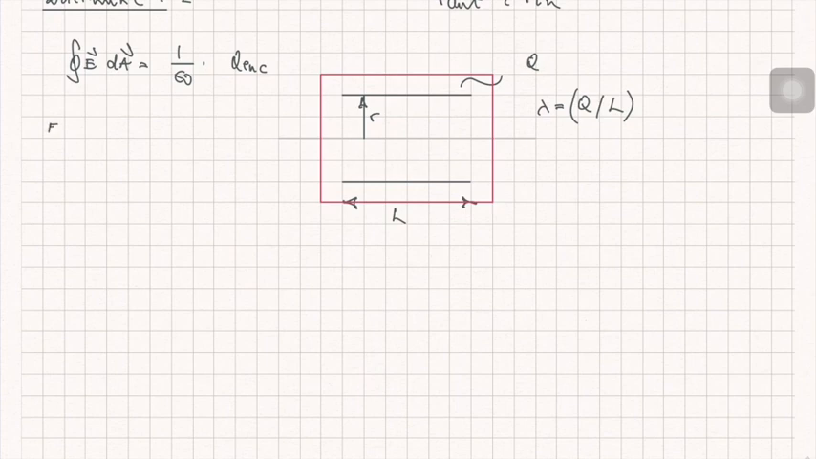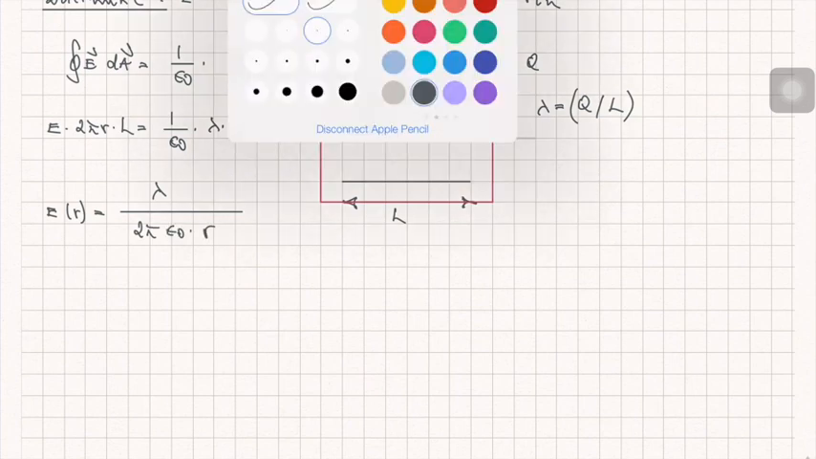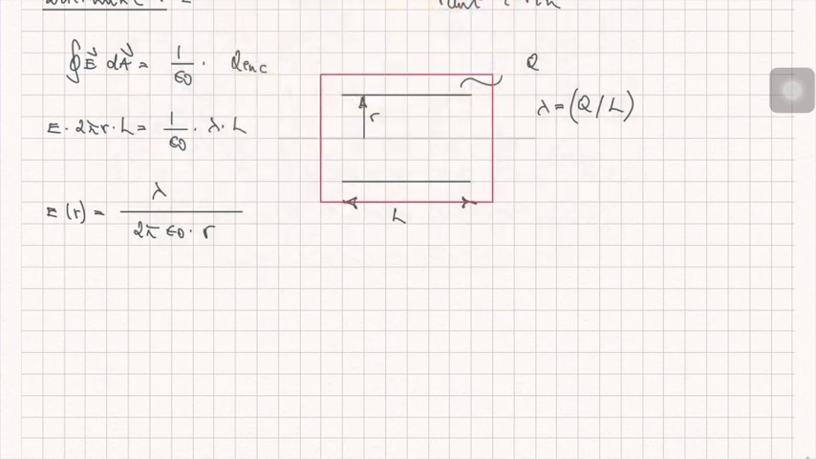So at a fixed radius, this would be E times the area of the cylindrical shell, which is 2 pi r times L, equals 1 over epsilon naught times the enclosed charge. And what is the enclosed charge? The enclosed charge would be lambda times L. And so the electrical field E of r is nothing else than lambda divided by 2 pi epsilon naught times r. Okay? All right, so let's box this too, since this is an important result,